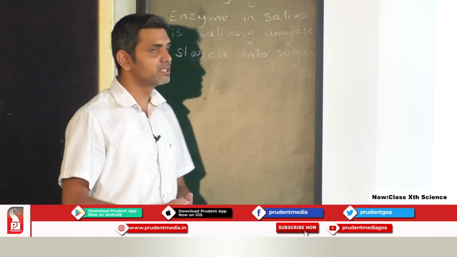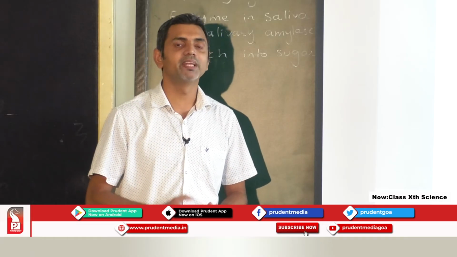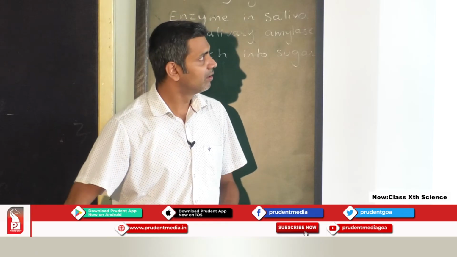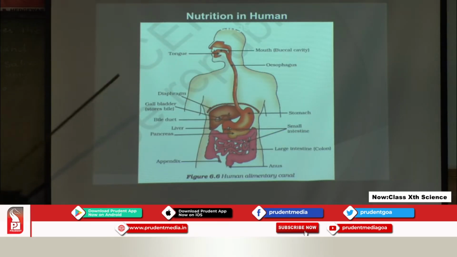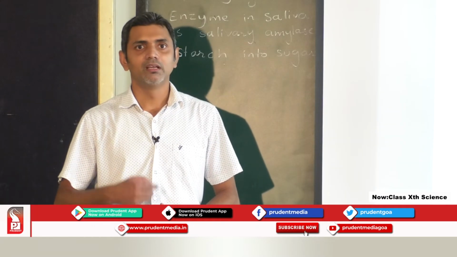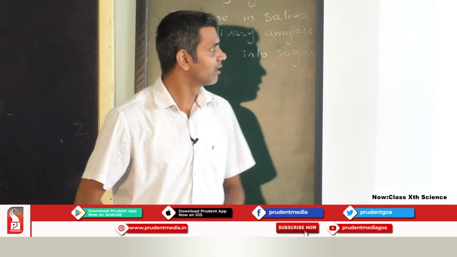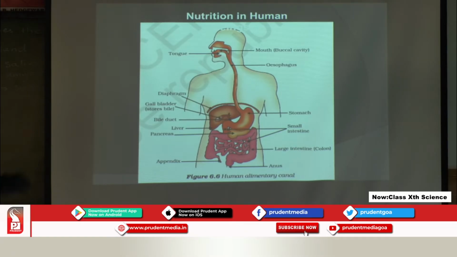So, breakdown of starch takes place in our mouth, in the buccal cavity. As we can see here, the tongue also plays a very important role. The tongue helps in mixing the saliva thoroughly with the food. So, the tongue has its own function, then teeth crush the food, salivary glands secrete saliva, then